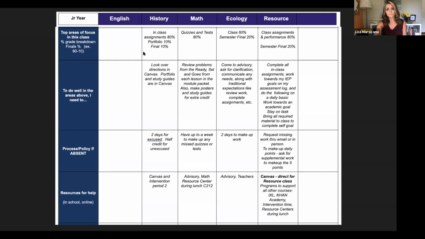So you can see here, teachers weight their grades differently. So understand what's going to make up the grade. Is it mostly projects, papers, quizzes, and understand how much of the grade it's making up. And then also for final exams, you can see under resource on this far right-hand side, class assignments and performance is 80%, and then the final is 20%. So that was what we talked about earlier about understanding how much of your final semester grade at the end of the semester in December or January is coming from the actual final exam itself. Some teachers are at 20%, some are at 10%, some are at 15%. It's usually in that range.